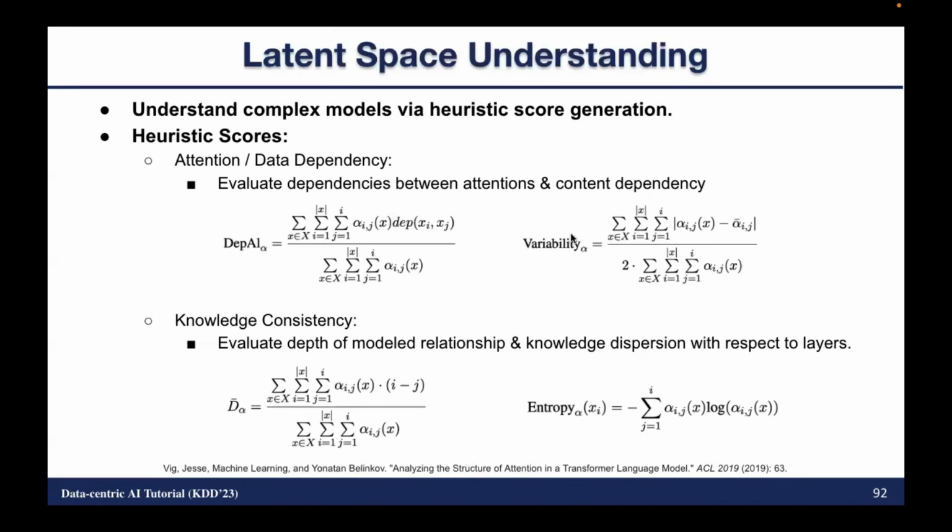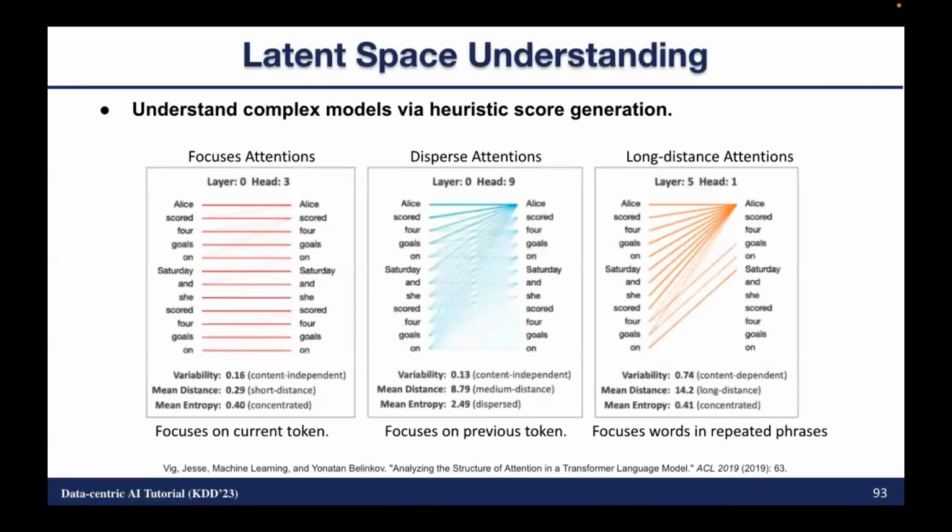They also want to know about the knowledge consistency between each of the attention layers. So they developed this D bar alpha here, which is basically the average distance of the attention layer, and also the entropy, to evaluate the depth of the modeled relationship, as well as the knowledge dispersion with respect to different layers. Based on these 4 defined scores from this paper, they find that mostly in very deep